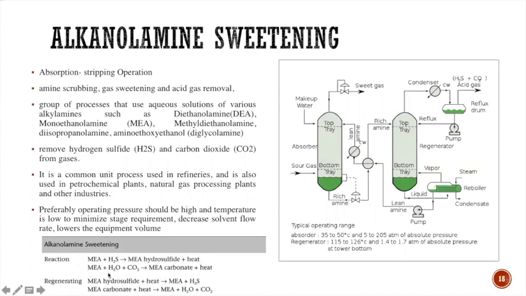Now this is the reaction which is taking place in the first tower. Now this will go to the second tower. From the bottom you have a rich amine solution which is going to another tower, where the separation will occur. Now what you do here is that whatever you have generated in the first column, MEA hydrosulfide and MEA carbonate, if you give heat to this MEA hydrosulfide and MEA carbonate, then again there is a regeneration process which is taking place, which is generating H2S and CO2 selectively out, right?